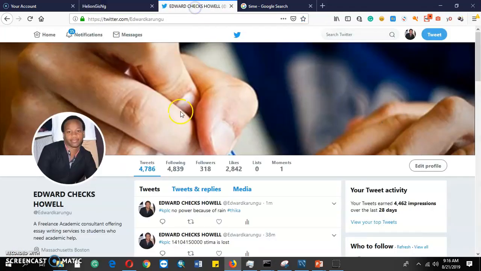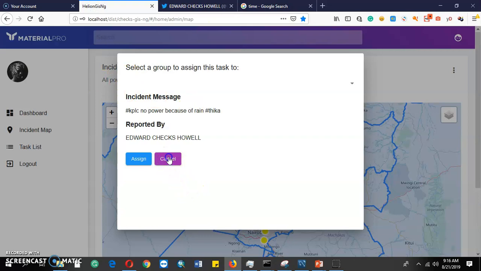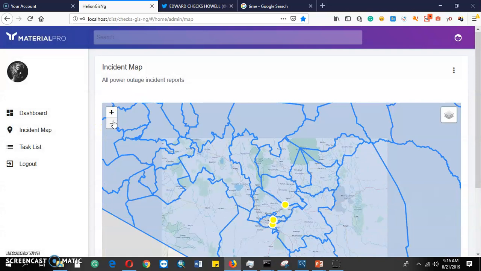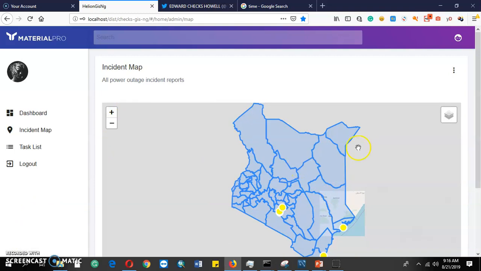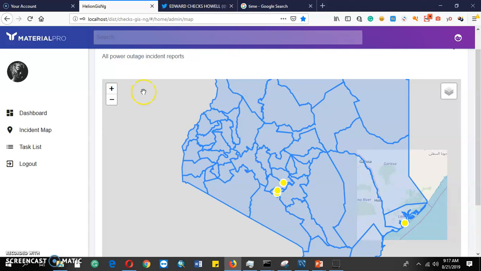So let us go here. We want to go back into Twitter. When we go back into Twitter, we need to populate the database so that we may case manage. So let us look at locations. We have, this is now in the system. We can see we have about 10 in the system. I need us to populate the data using